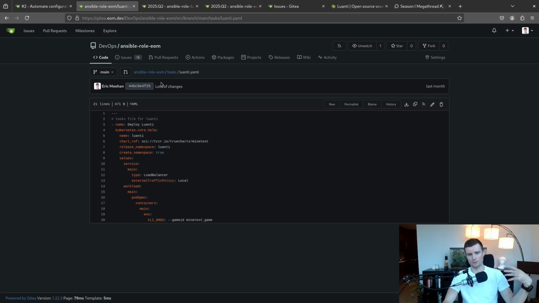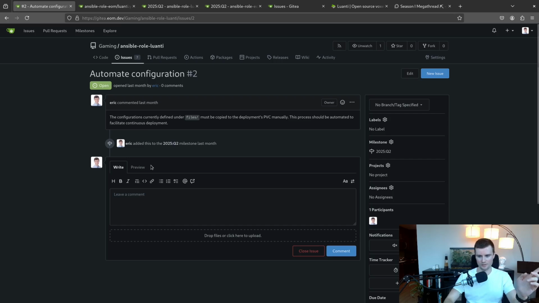So when I'm calling this Ansible playbook, I'm going to specify the host on which it should run. When I want it to deploy, the host is going to be the control plane for the Kubernetes cluster, which is a virtual machine. And when I want to do this automated configuration, it's going to be the underlying server, the PowerEdge T640.